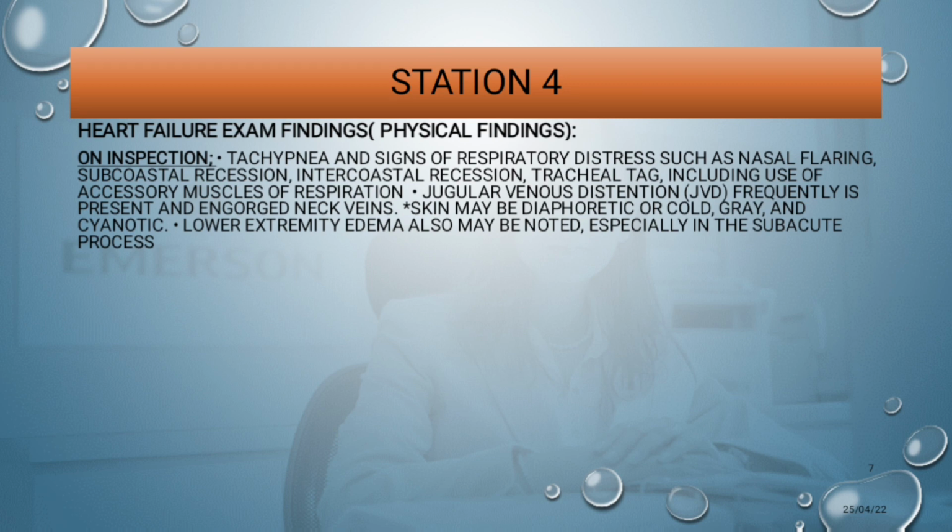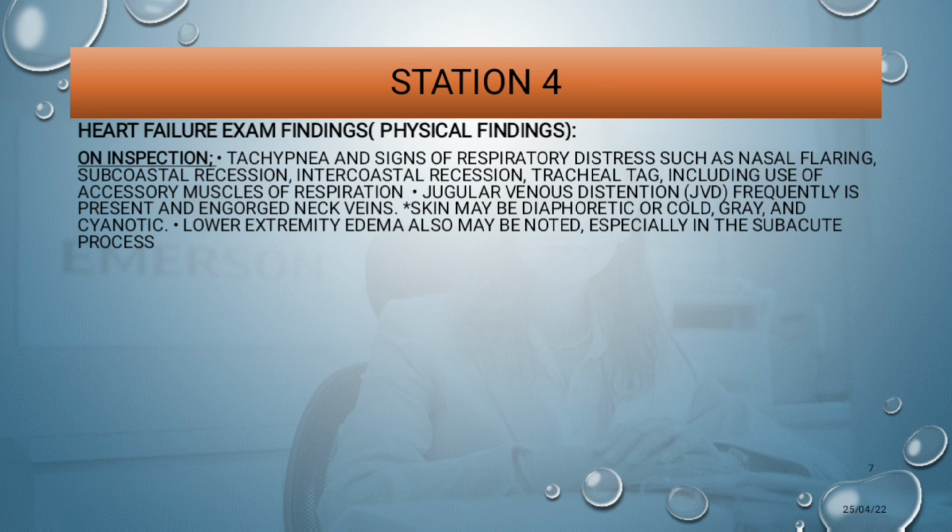Like I said, you might find distended neck veins or engorged neck veins. So that's how you can ask about the neck veins. Okay, then the next thing you can also ask is